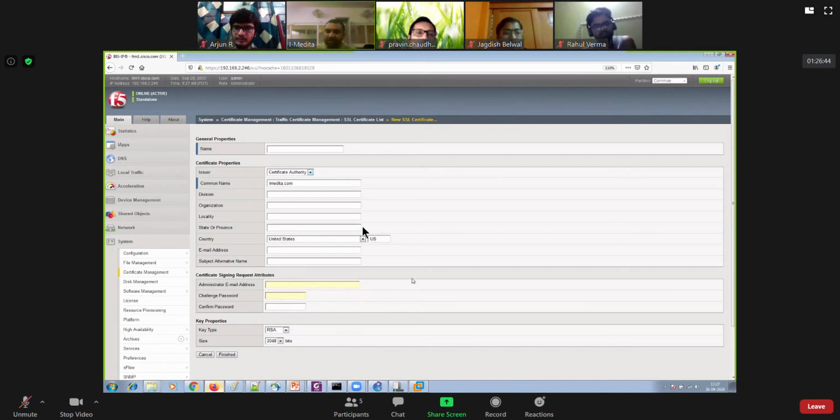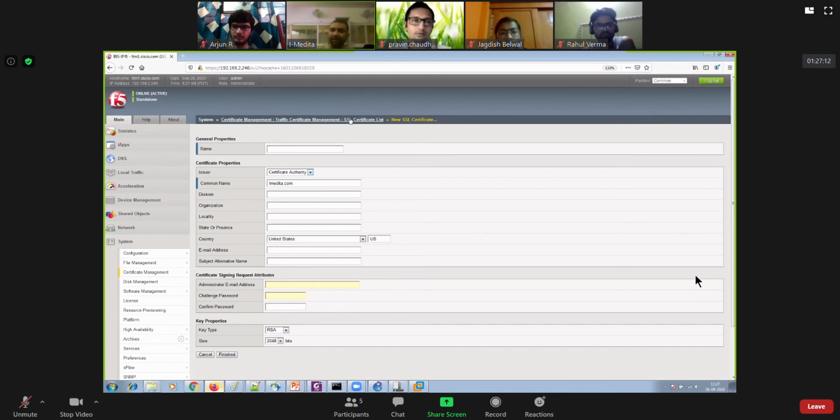So if you have a CA server, you will be creating the certificate signing request, and you will be providing this CSR to your CA provider, your certificate authority, and based on that, your certificate will be generated by your CA server. So it's totally up to you, but ultimately we must have a certificate available on this portal over here.